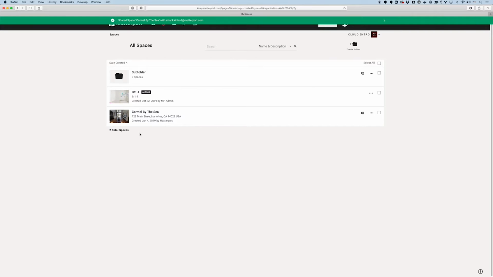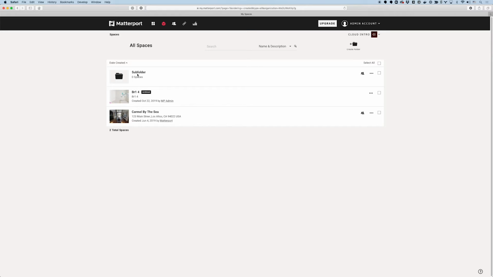A lot of times what admins are going to want to do is actually share the folder, and that way every model that gets placed inside that folder is automatically shared with the same list of collaborators. So same way here, I can just click over here on the invite collaborators to this folder. But what I wanted to do now is just show you how I can both invite a user to the account and to the folder at the same time.